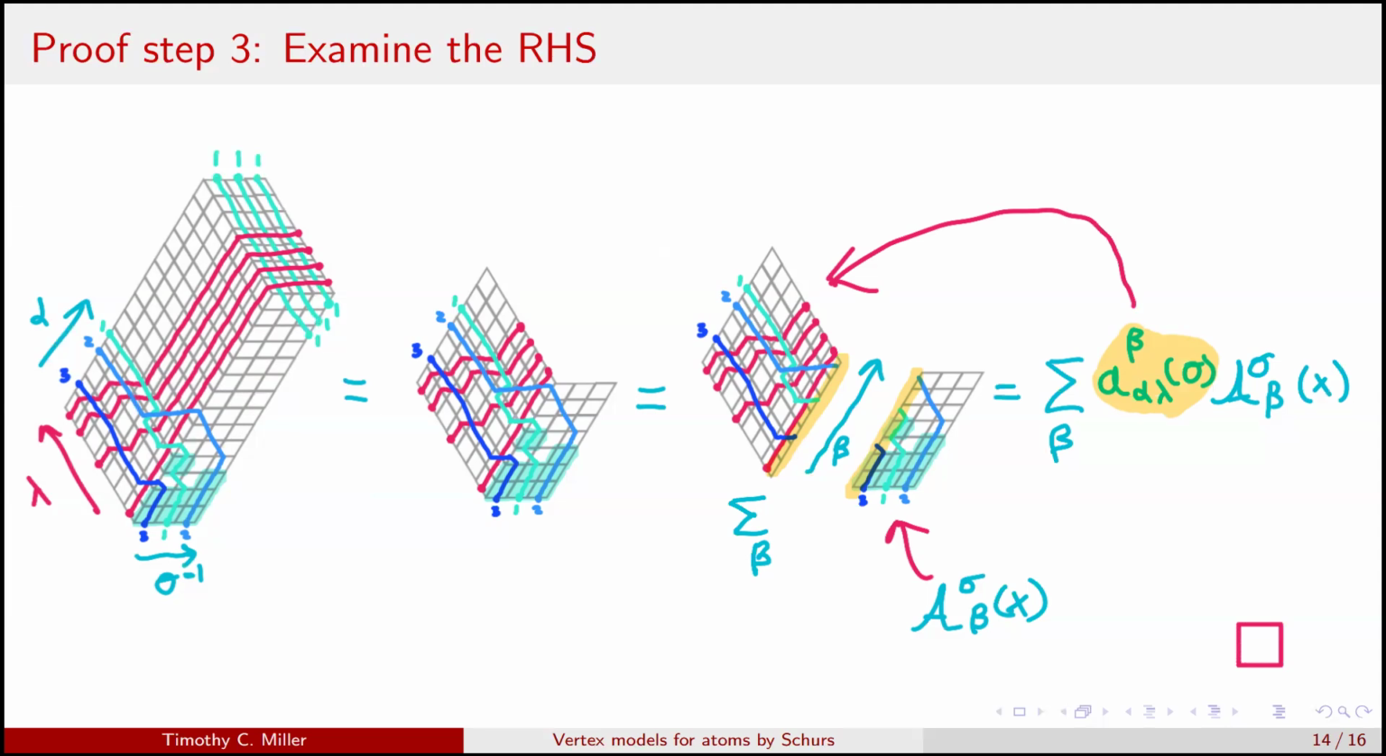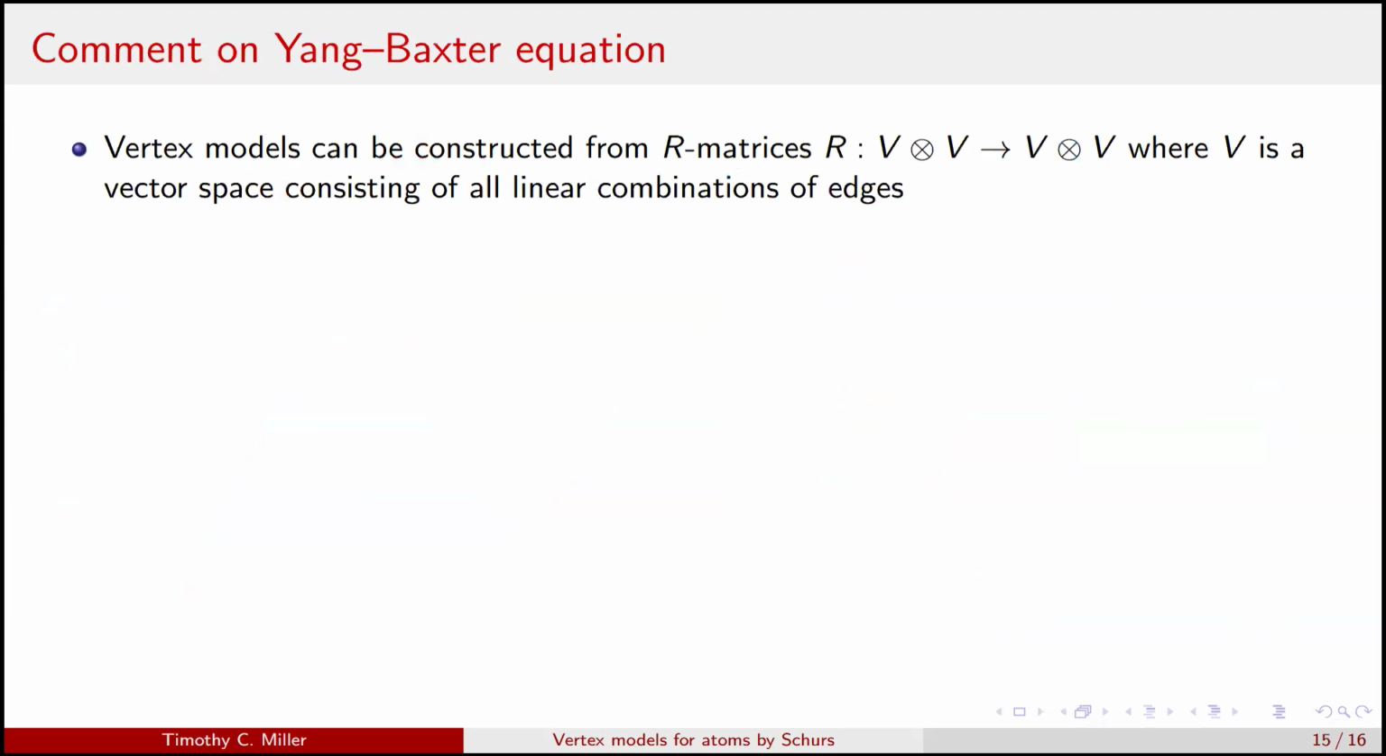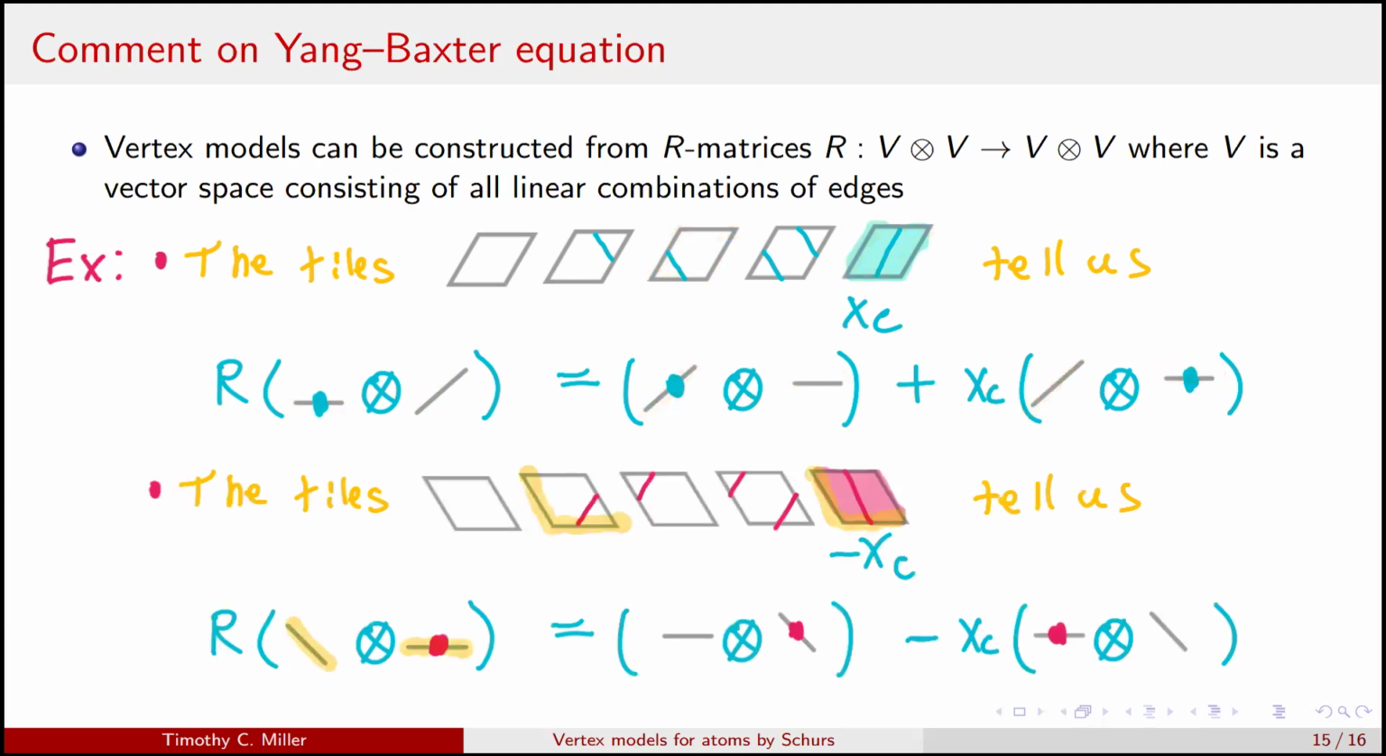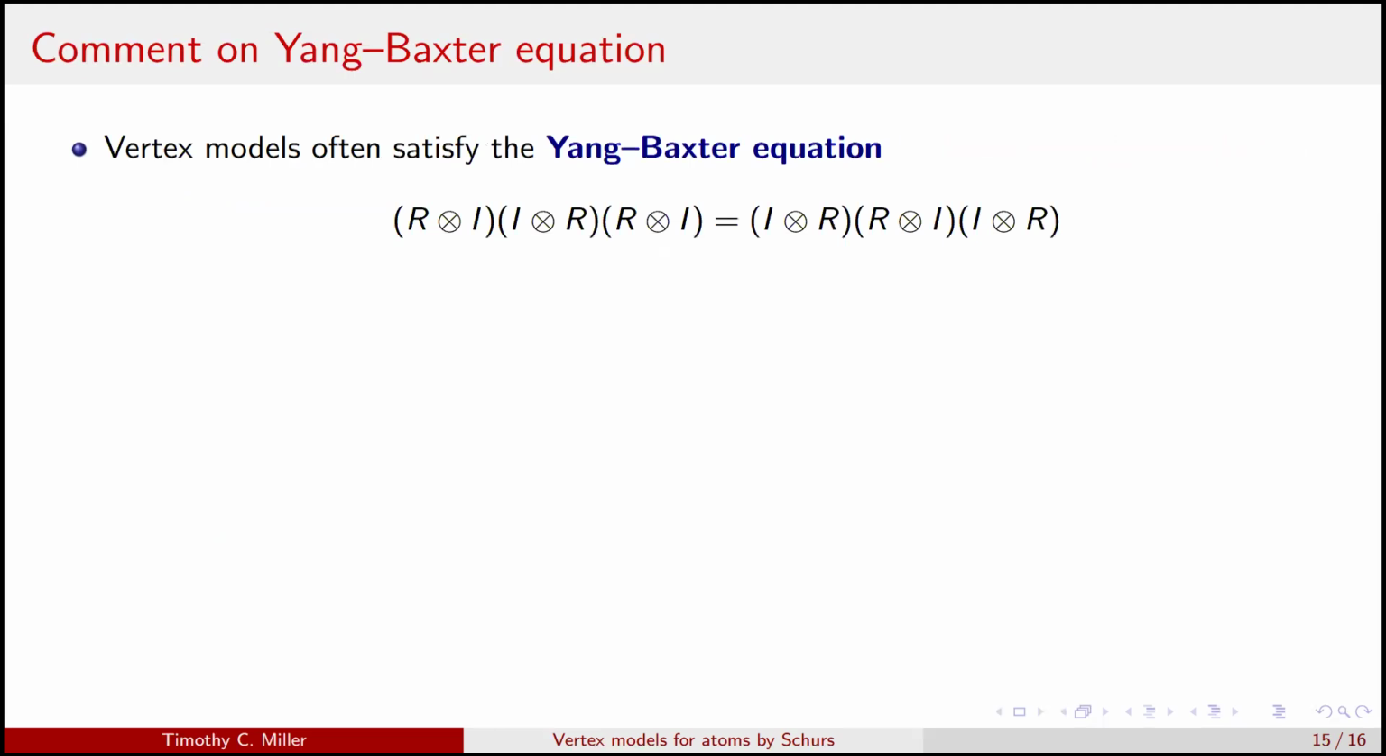In a nutshell. And yeah, that's basically it. I was just going to maybe talk more about the Yang-Baxter equation. So vertex models are constructed from these R matrices, which you can basically think of the tiles as telling you how these R matrices work. And basically this R matrix tells us that these two edges map to these two edges with some weights, and similar for these tiles. Those map to those. And then our vertex models usually satisfy the Yang-Baxter equation, which is morally this,